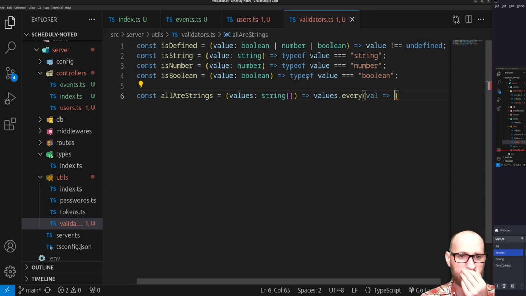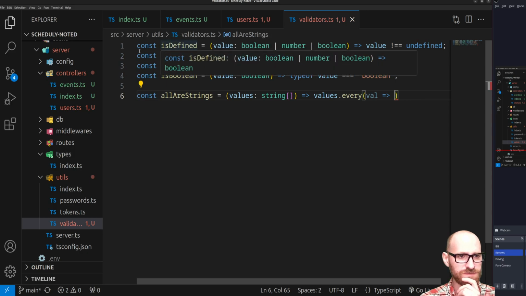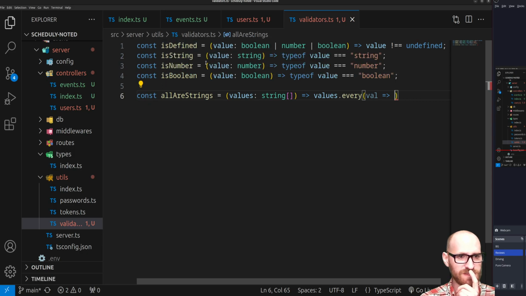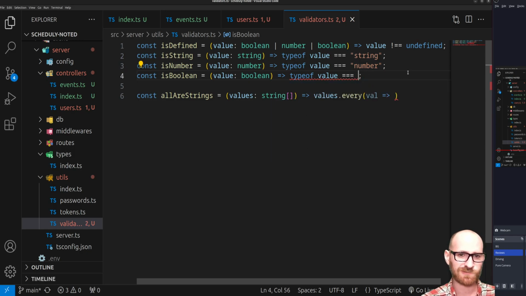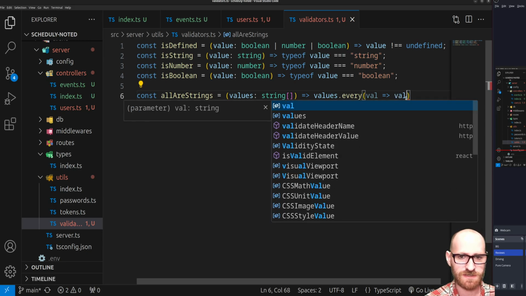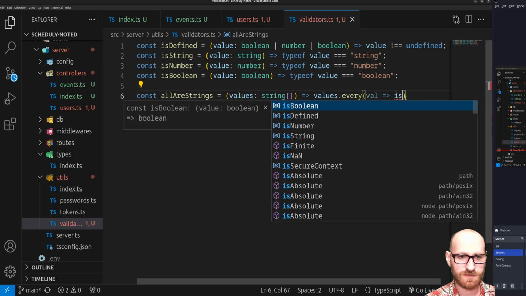Let's see. I'm trying to think of a justification why I shouldn't check for is defined in some values, because the value of an undefined element should be undefined, right? Hold on a sec. Yeah. So we don't need it if we are doing a type check. So here I'll just go ahead and check to see if is string